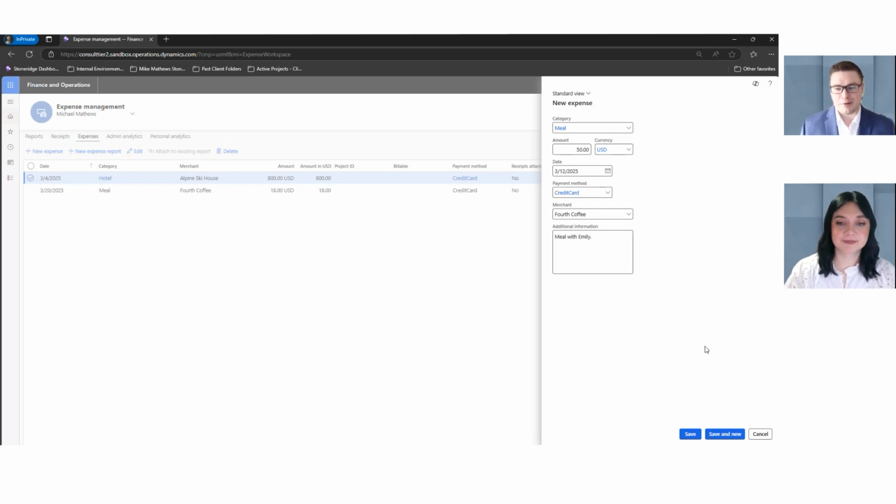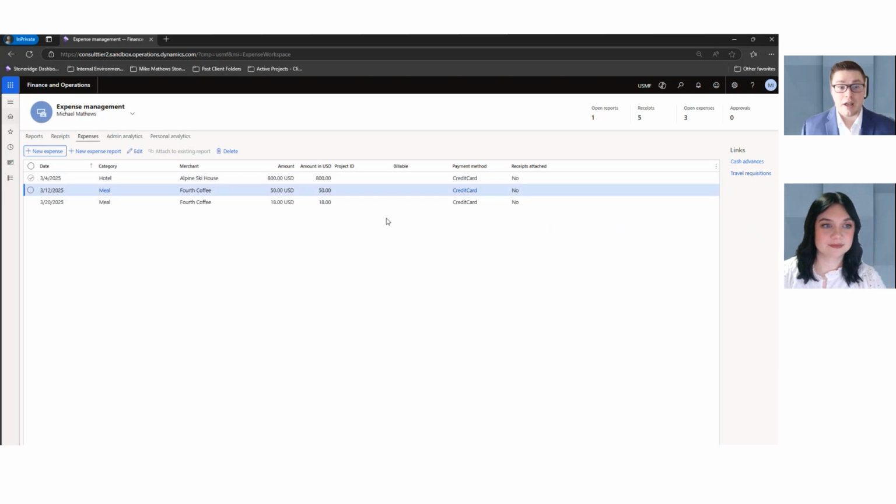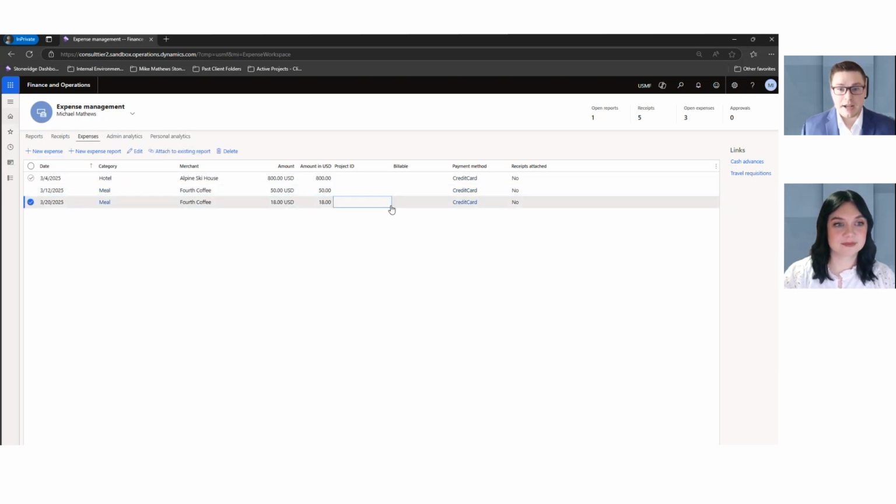In this scenario, I'm only going to create one expense, so we'll just click Save. All right, we can see that we now have our expense created. And if there's any other information that we want to add or change, we can again go back in and edit it. But from here, what I'm going to do is I'm going to add these expenses to an existing